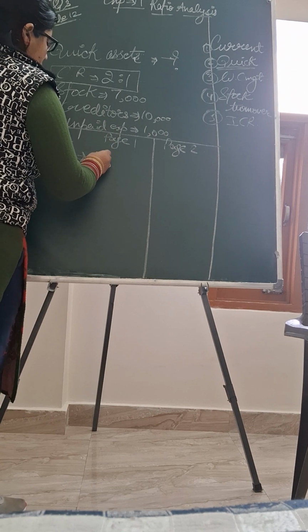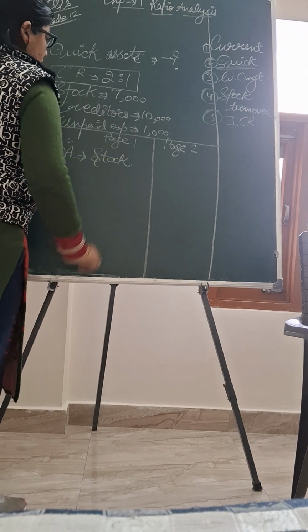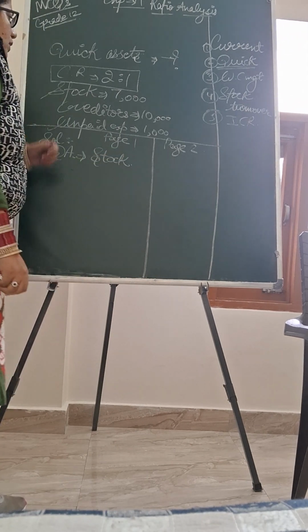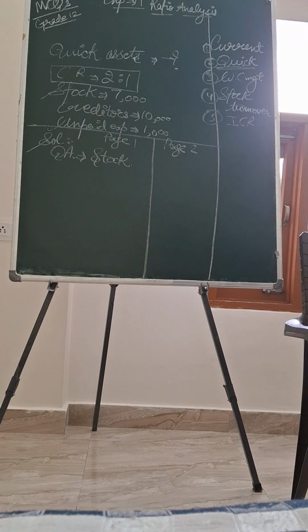Quick assets is basically the stock that is called the quick assets. That is given 7,000. So my question arises, if quick assets are given, then why we need to find out the quick assets? अगर quick assets की वैल्यू दी हुई है, फिर हम quick assets को भी फाइंड आउट कर रहे हैं. तो मेरा यहाँ पे एक सिंपल सा सोल्यूशन है कि quick assets,